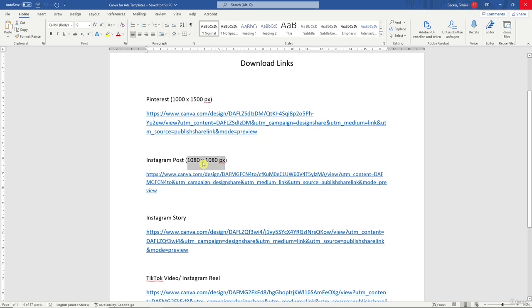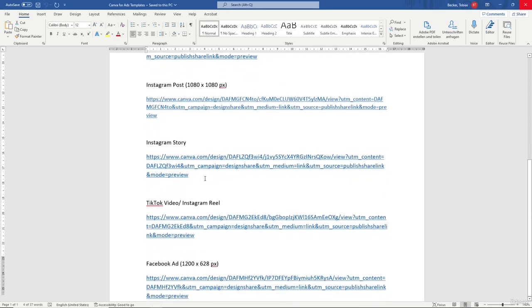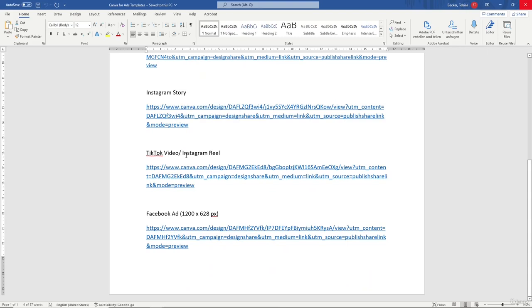We will talk about sizes later. Also Pinterest, also for Instagram stories, for Instagram Reels or TikTok videos, or for Facebook ads. So you will find different templates, and you can simply use these templates by clicking on the link or copying the link